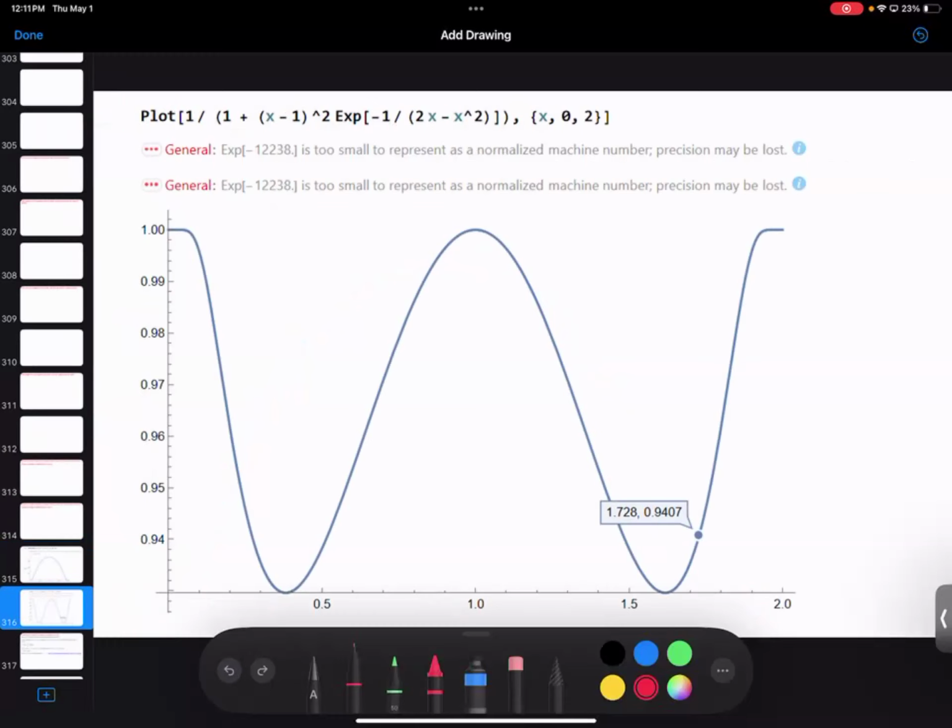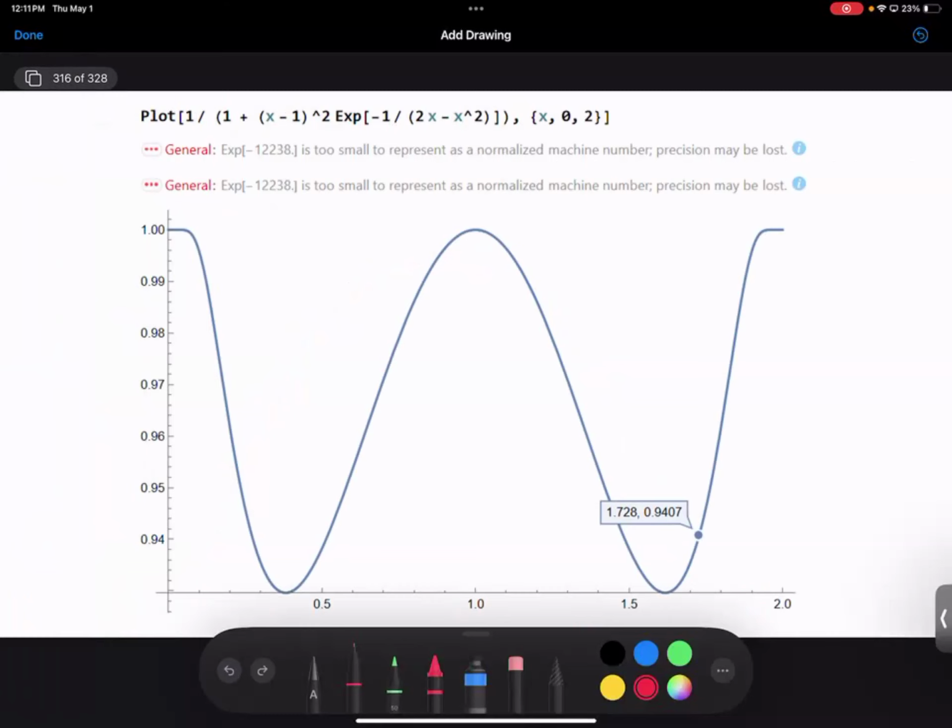Well, now we just play the games. So I look at the 1 over 1 plus x minus 1 squared, which was our Cauchy. And now I'm going to tweak it by putting in this fact, e to the negative 1 over the product. I'll choose a to be 0, b to be 2. So I'll get 2x minus x squared. And now when you look at the function, it has a unique maximum on the open interval at x equals 1. Near 0 and near 2, it's 1, and it stays 1 for a good amount.